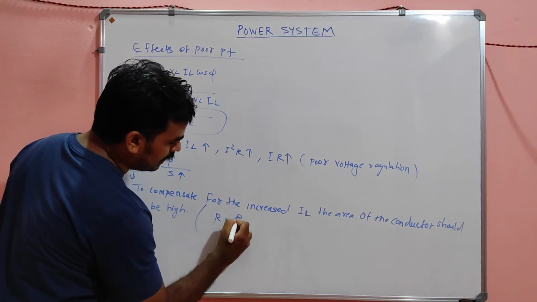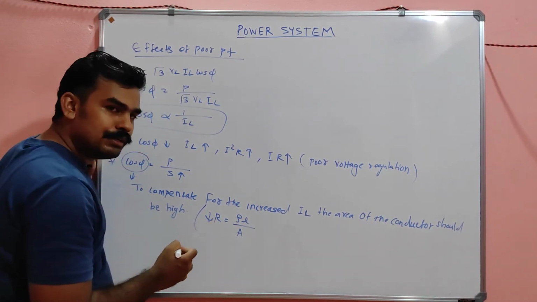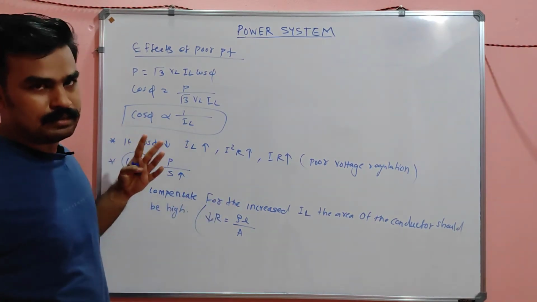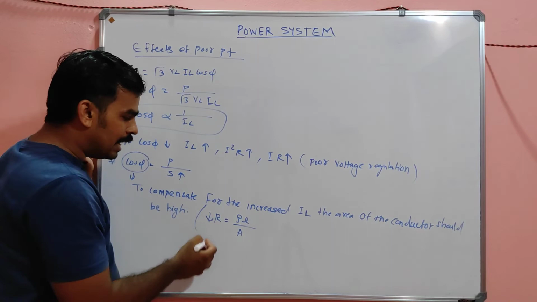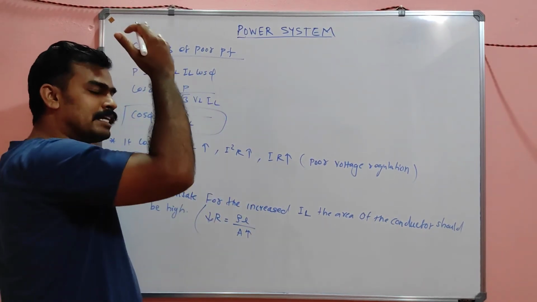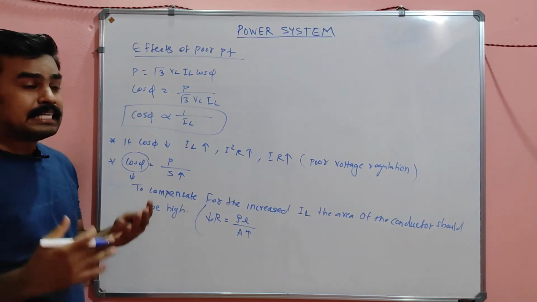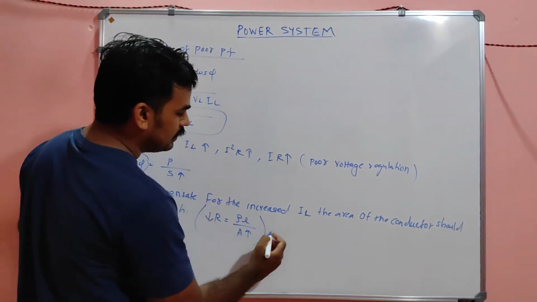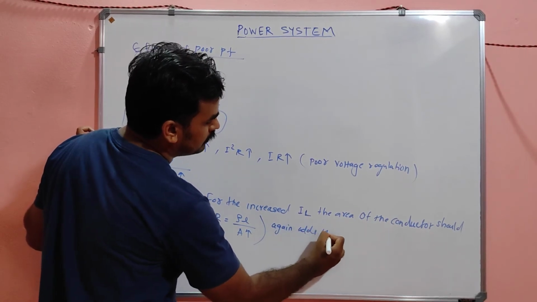R is equal to rho L by A, am I right? For bulk power current transfer, R should be very minimum. For R to be minimum, the area of cross section should be maximum. Area should be maximum means we have to use thick conductors. That again adds to the cost of